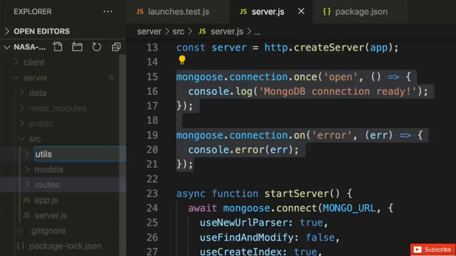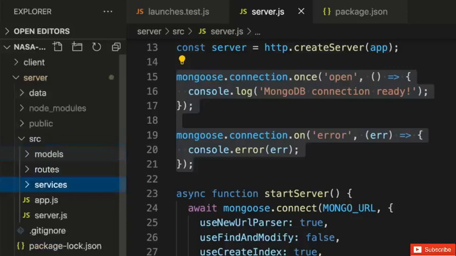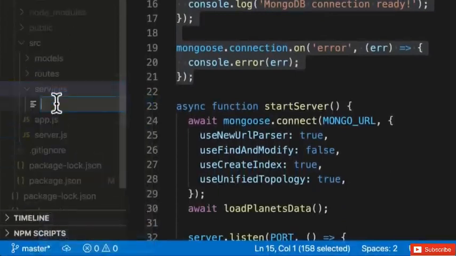However, I like making it explicit that what's going to be in this folder, rather than just being general utility functions, are going to be services that are going to be available throughout the lifecycle of our server. So I'll call this services folder, and we're going to have one module inside of this folder for MongoDB. So I'll call it